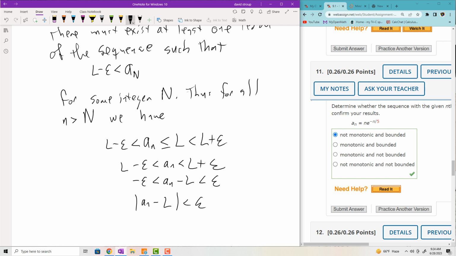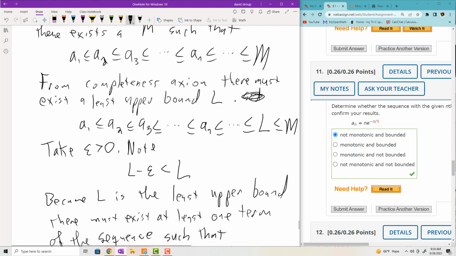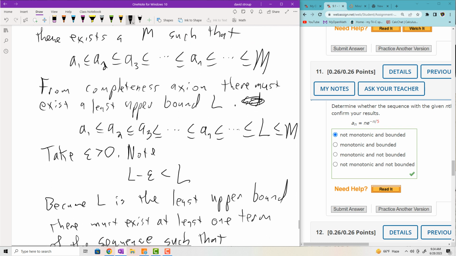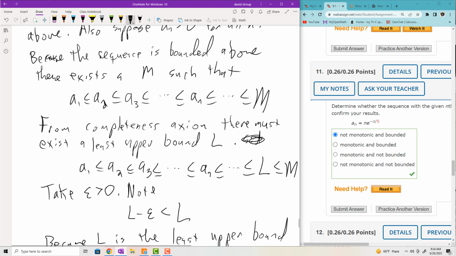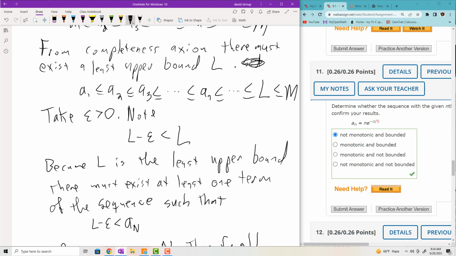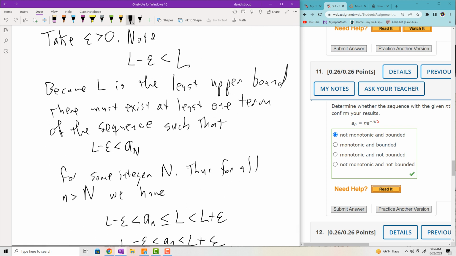Okay, so we've kind of shown that this thing does indeed go to a limit, and in other words, is convergent. We don't know what the L number is, but we know it has to be there. Okay, and it really, I guess, hinges on the completeness axiom. Yeah. So as long as you know it's bounded above, you know there's a least upper bound, and then you could pull this trick where you just make a little epsilon distance around this number L,